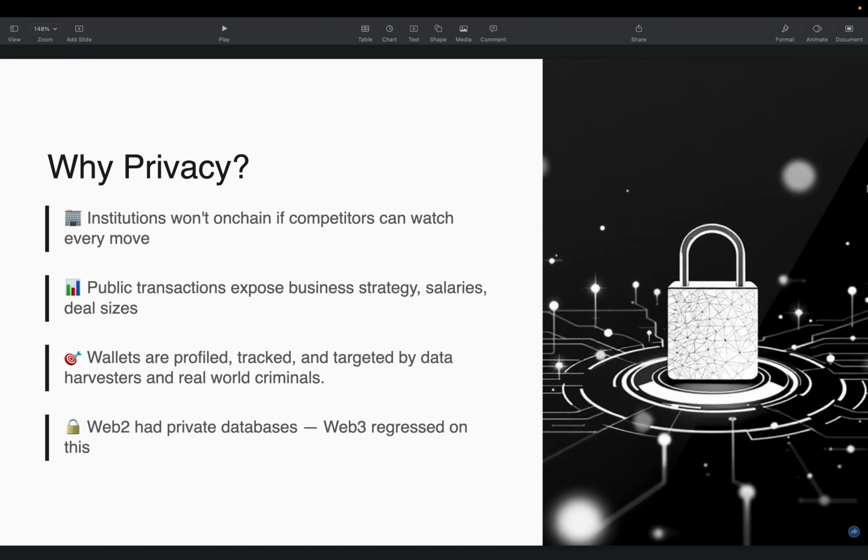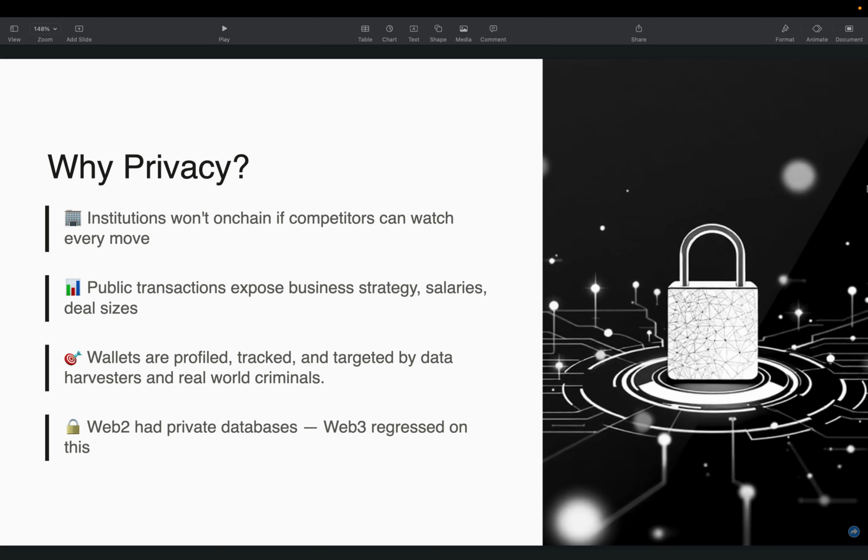Starting from ground zero, why privacy? As we all know, public blockchains have many cons. Institutions won't come on chain because competitors can watch their every move. Their strategies can be leaked in seconds. Public transactions expose business strategies, salaries, deal sizes.